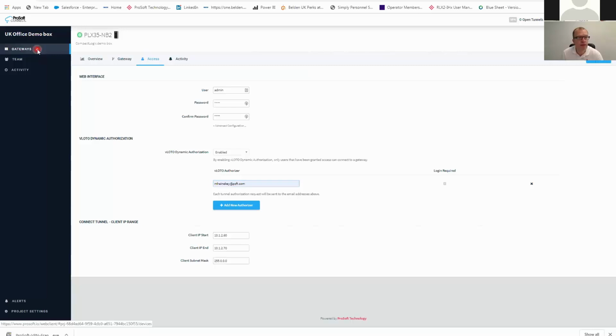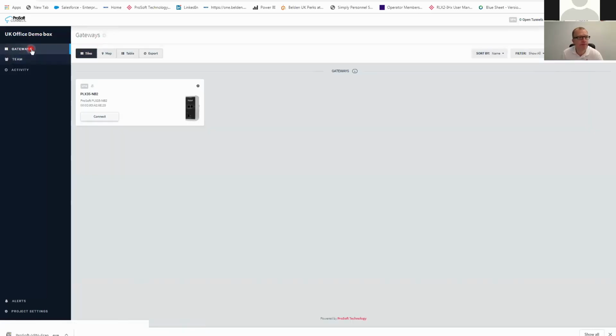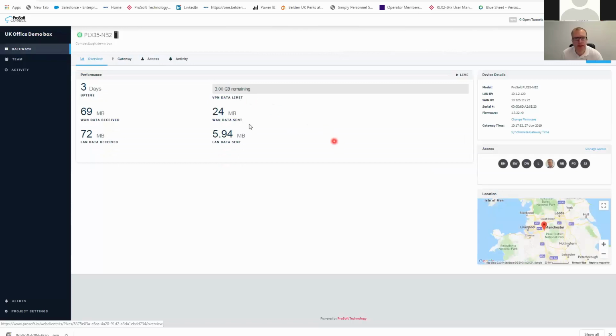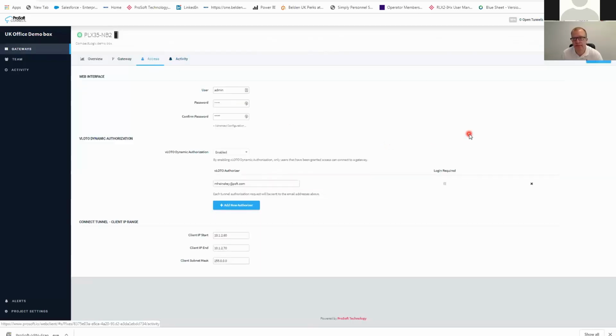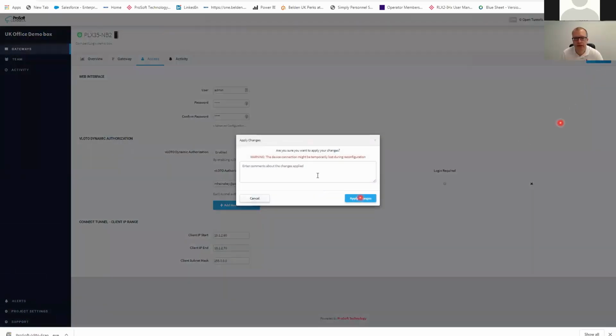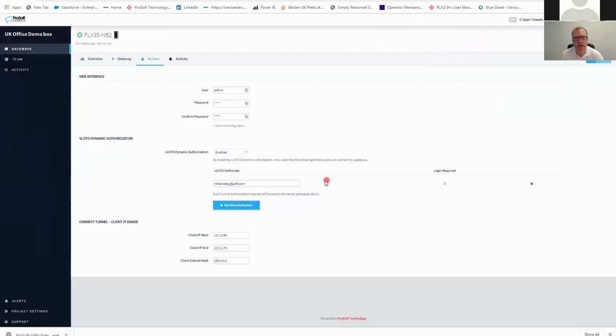So if I go back to the gateway, I need to apply the changes, sorry. It's hidden behind here. So I can add comments as well, so you can find out who did what and why, enabling the lockout. So those are applied. Yeah, if I go back to the gateway itself,